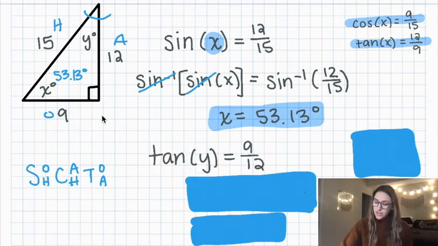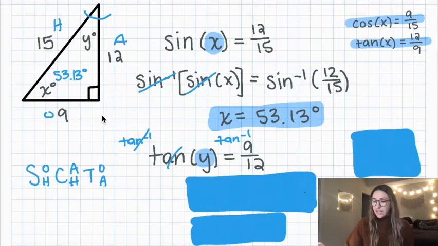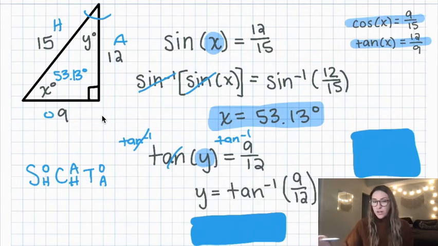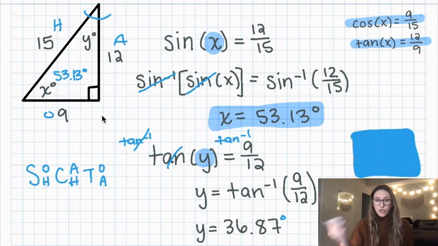So I set up my equation, tangent, and then the angle goes inside, equals opposite over adjacent, which would be 9 over 12. We need to go ahead and take the tangent inverse of both sides. So I'm going to write it like this. So the tangents cancel out on the left, and then on the right we have tangent inverse of 9 over 12. That's just a calculator problem. So in your calculator, you're going to do tangent inverse of 9 over 12, and it should leave you with 36.87 degrees,